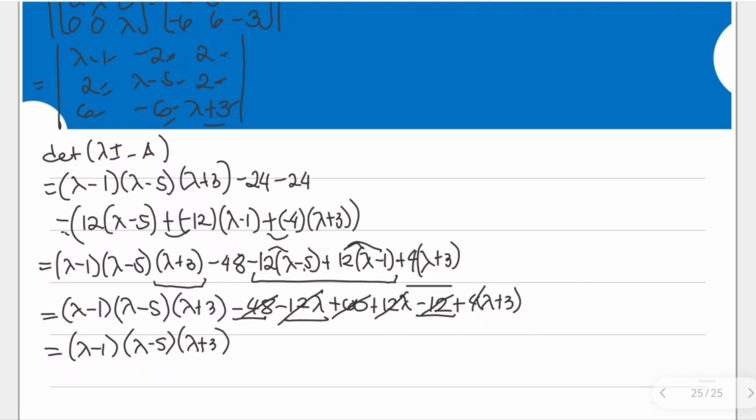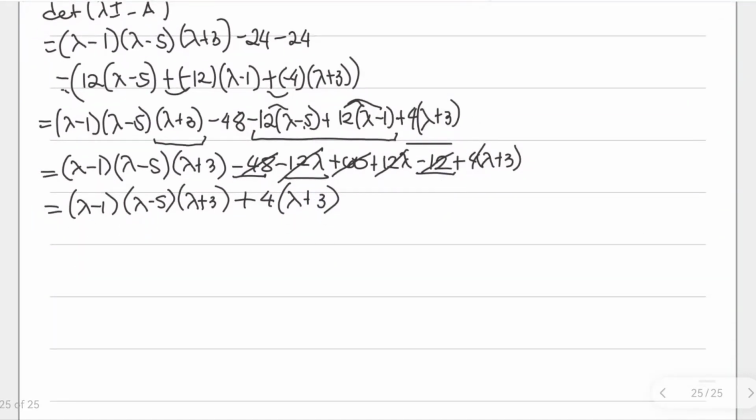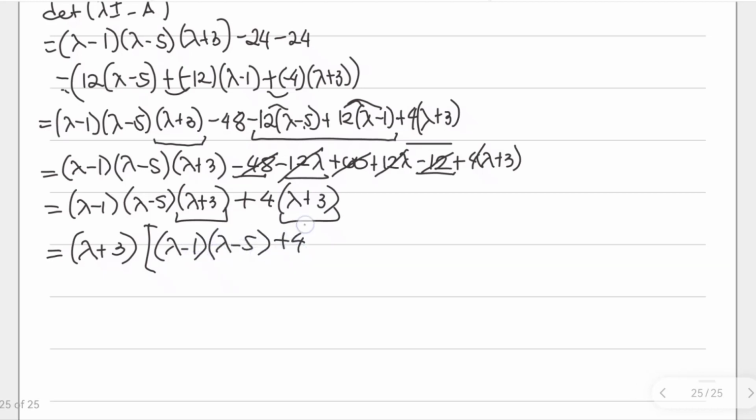So we have here the last one, plus 4 of lambda plus 3. Now, we have a common factor here as mentioned earlier, so we can take it out. Lambda plus 3. So you will have this expression: lambda minus 1, lambda minus 5, and you'll have plus 4 here. So this is lambda plus 3 times